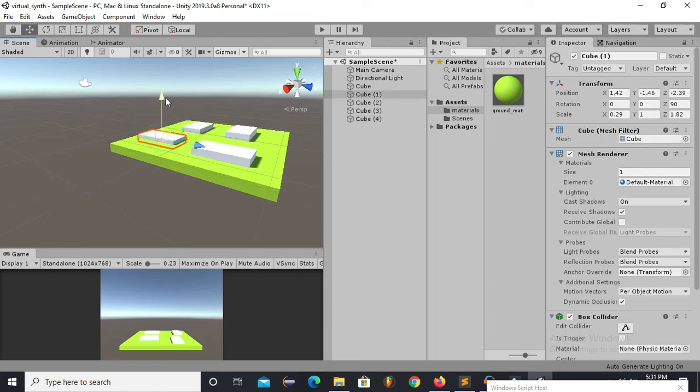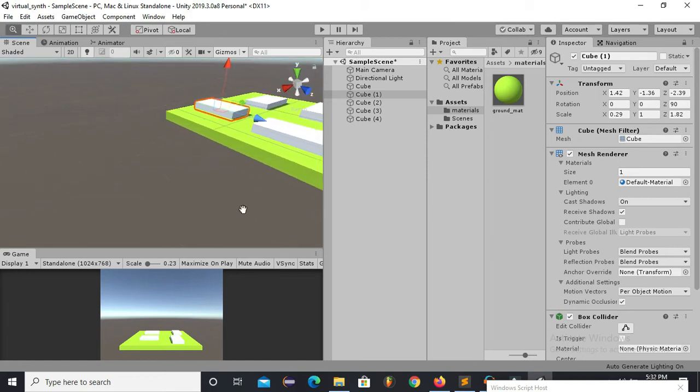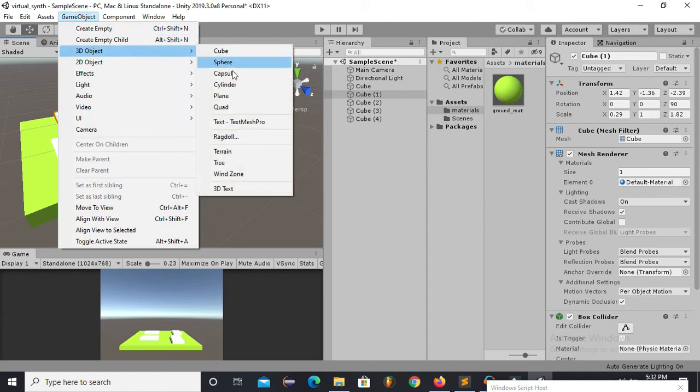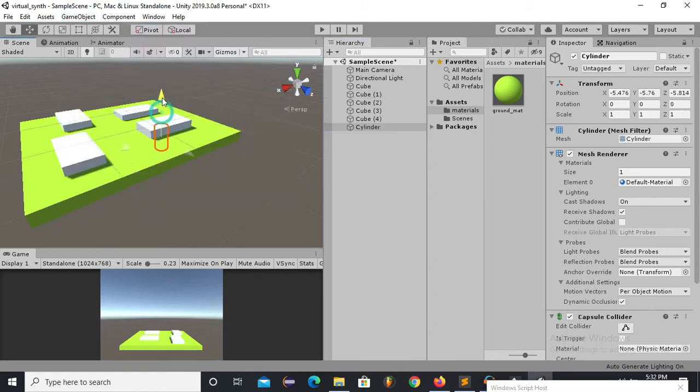Now each obstacle is at its right position. Now I will import a player which will be moving on the surface, and I am using a cylinder. You can use a capsule or anything else.